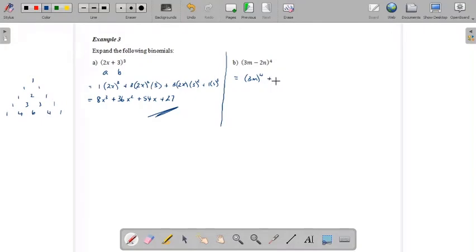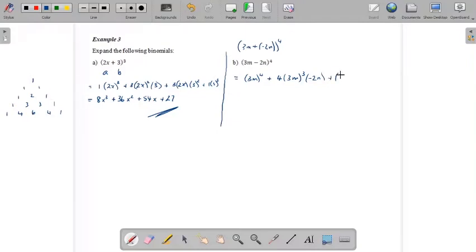All right, so I'm just going to put a plus in between, because this is negative, you'll see what happens. Next coefficient is 4 times 3m to the power of 3 times, now we're going to consider this as 3m plus negative 2n to the power of 4. So this here, our next term, our b term if you like, is negative 2n. So that's how we deal with the negative. So that's negative 2n to the power of 1